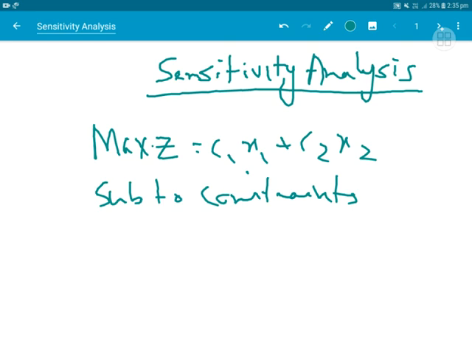Maybe suppose we are just considering the carpenter's problem which we discussed earlier. Suppose the constraint of the labor is changing, or the constraint of the amount of lumber present is changing, or the profit that the carpenter can make per table or per whatever material they are making is changing. So changes can occur in infinitely many ways. Now the question is, once the changes occur after we have solved the entire problem, what is the considerable effect that these changes are going to make on, say, the optimal solution,